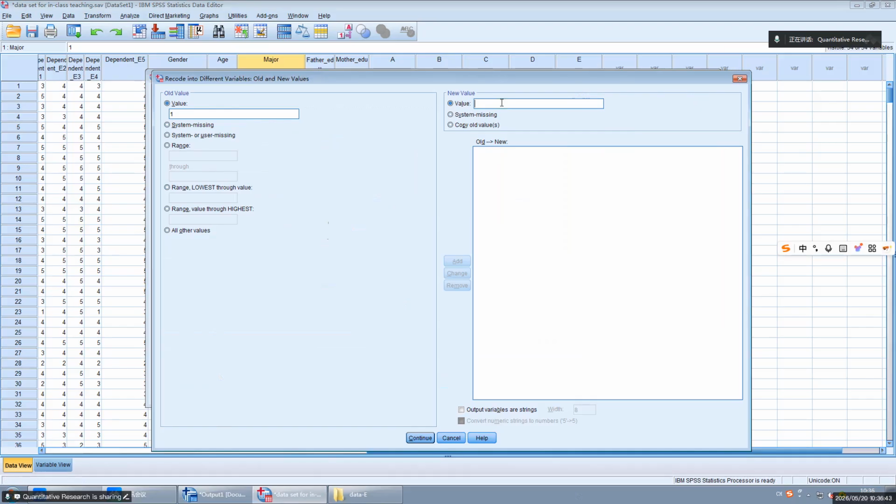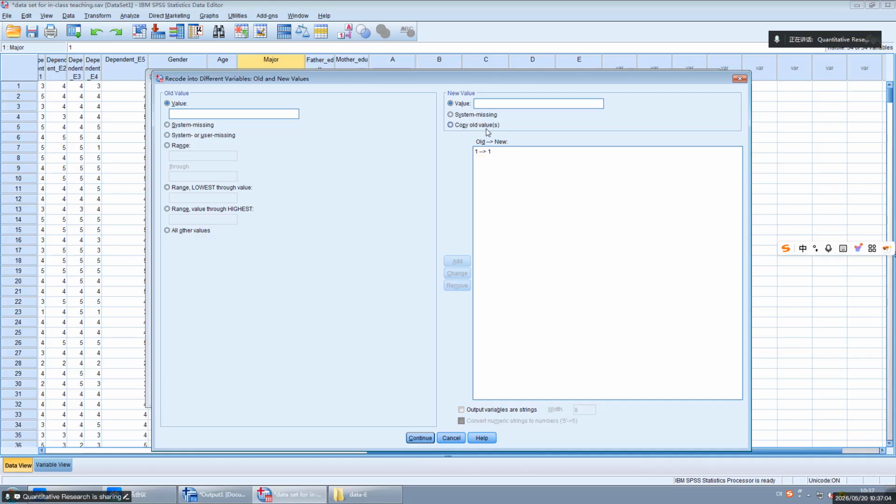Now I'm creating male, so the new value should be 1, right? Yes. So I add it. Now 1 has been changed to 1.